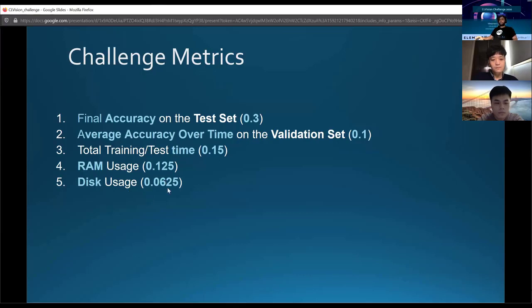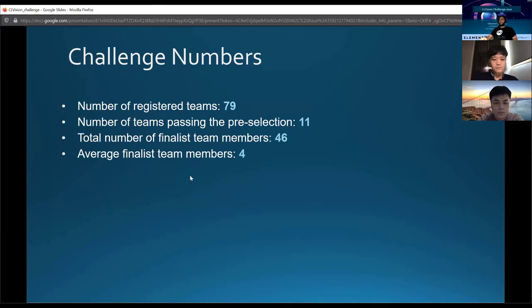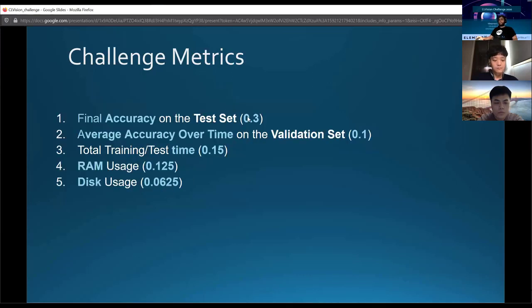And here, sorry, there is a mistake in the last number here. But essentially, these numbers that you can see in the parentheses are the weights that sum to 1. They weigh the importance of each of these metrics in the final continual learning score that is going to rank each of the participants.